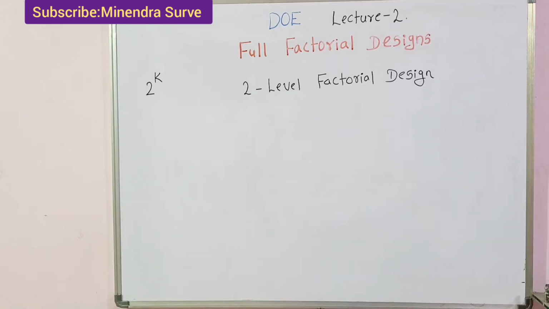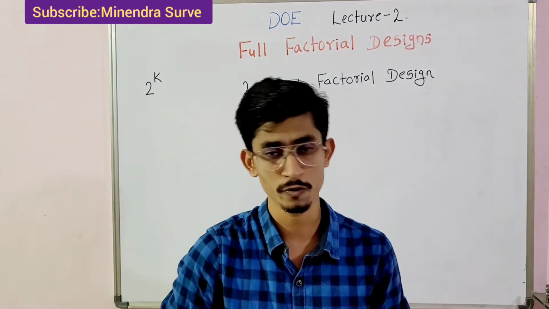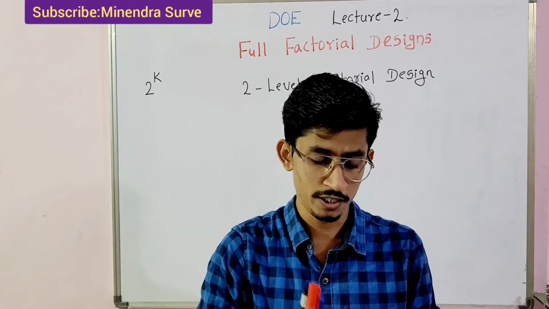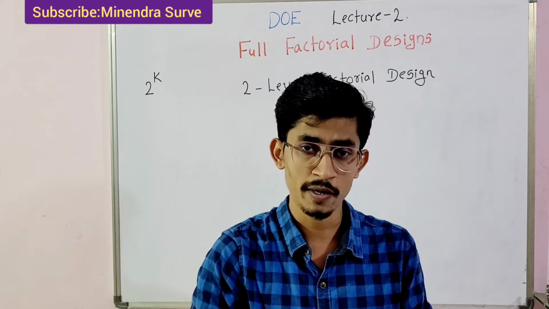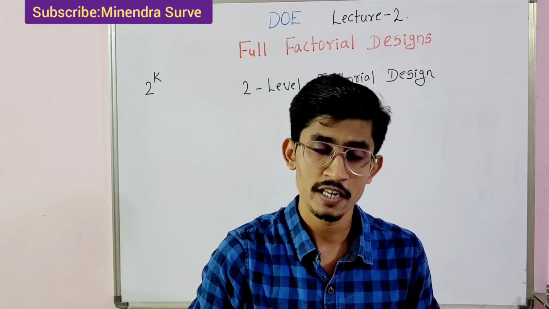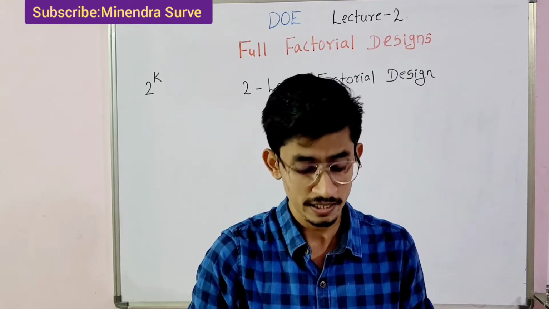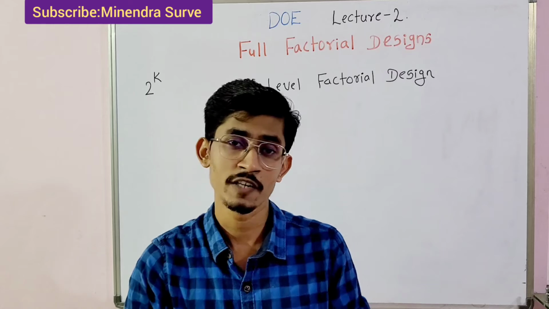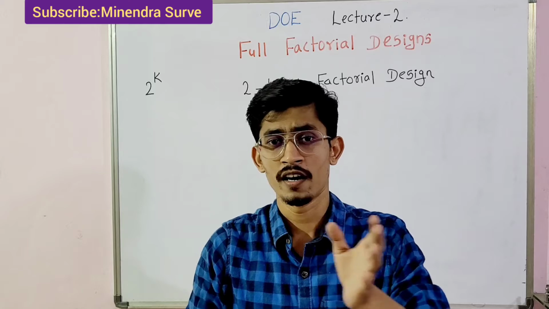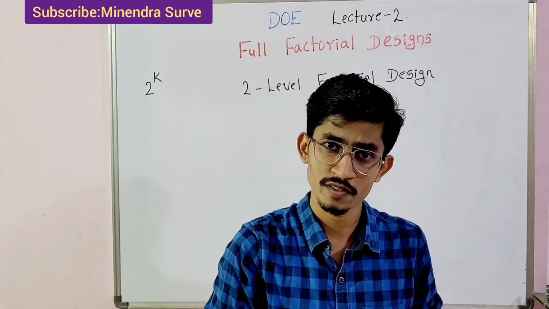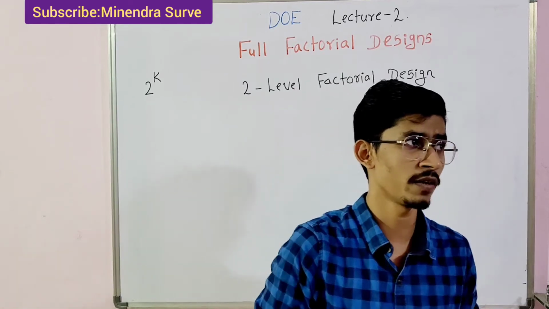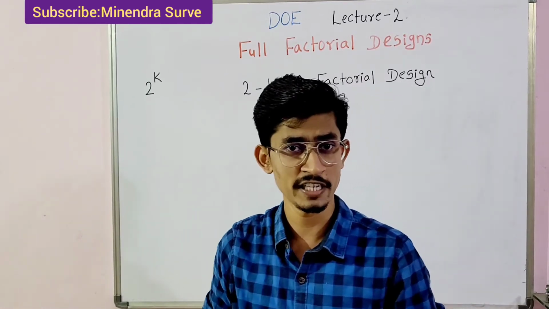Then we have gone through the experimental design process. Inside it, we define the problem, determine the objective, determine the response and various factors, then design the experiment, perform the experimentation, collect the data, analyze the data, then interpret the results. After interpreting the results, we verify the predicted results, and the last step is whether we are satisfied with our experimentation process or not.